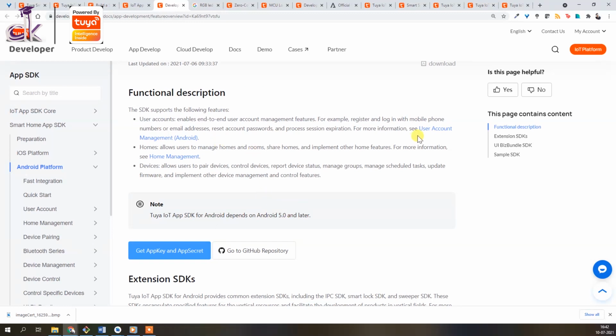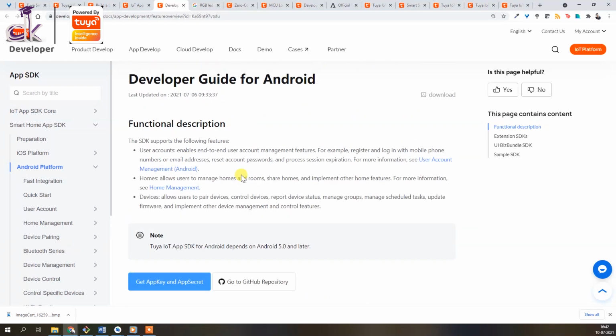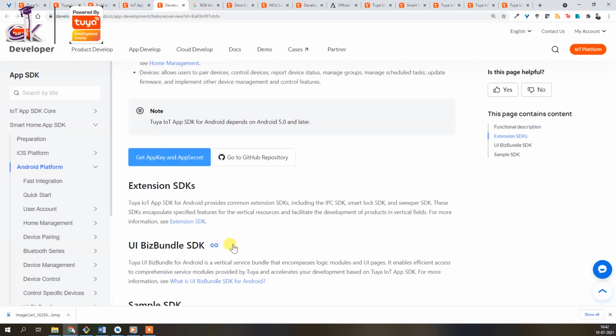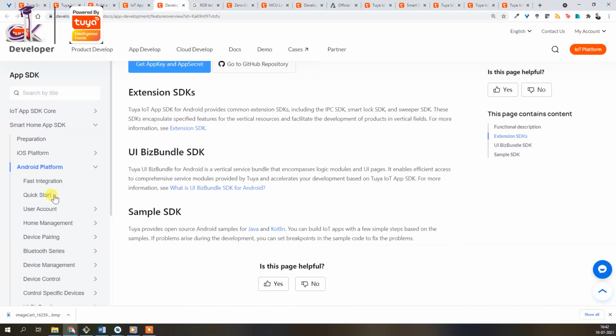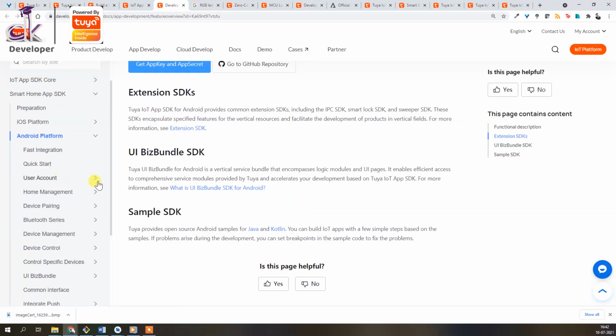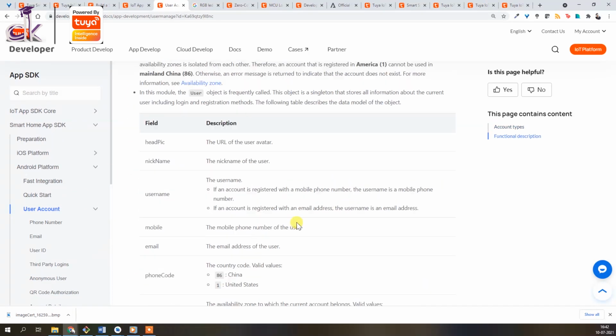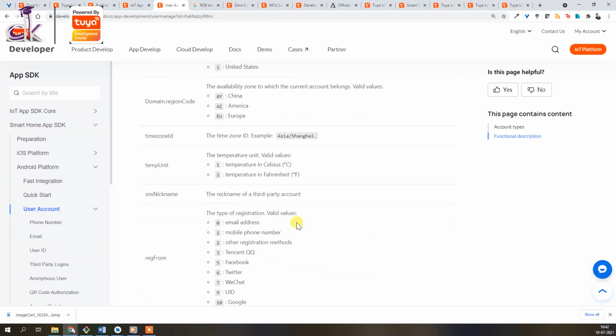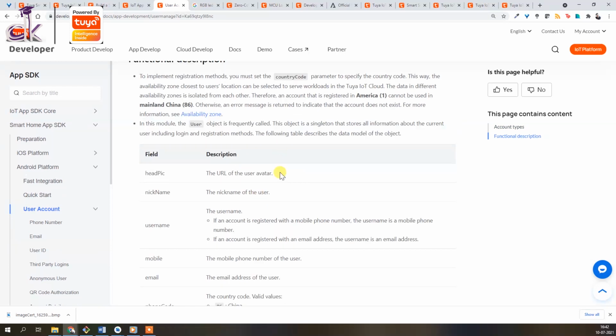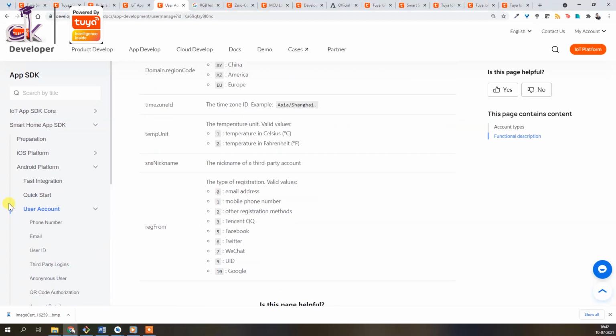here you can see it has support for user account management, home management, and also device control, right? And here if you actually click on user account, you can see here that it allows you to do the registration, like we discussed, and it shows all the overview of the function that it has, the different parameters.